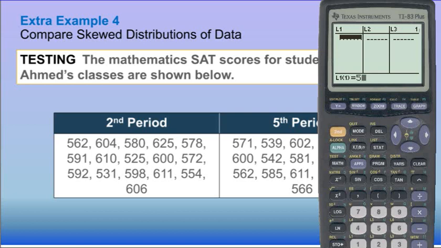So we got 562, 604, 580, 625, 578, 591, 610, 525, 600, 572, 592, 531, 598, 611, 554, 606, and then fifth period,